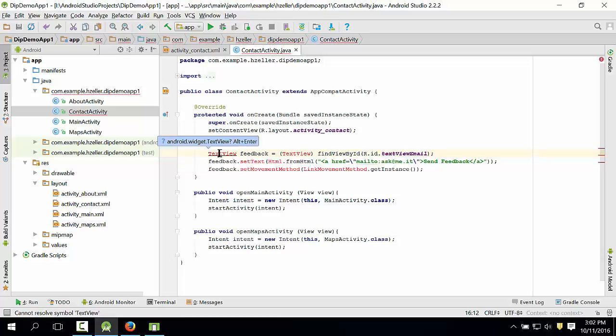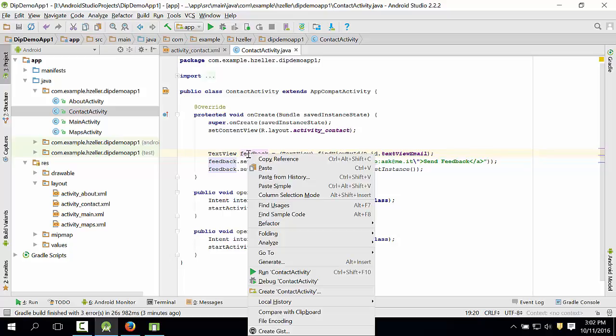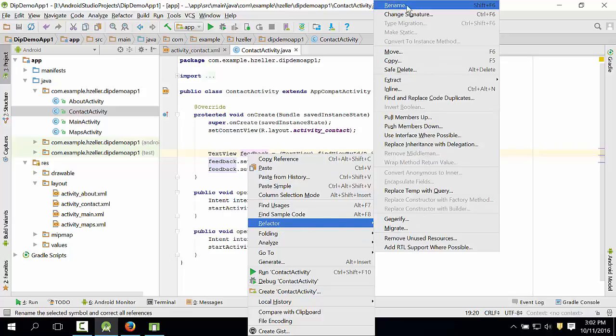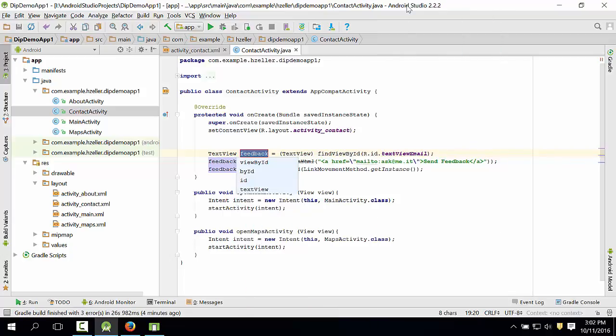These need to be imported as libraries, so we do Alt Enter, and same with HTML, and same with link movement method. If you want to change the name of the variable, the text view variable, ours I'm going to call email, so I want all 3 instances of this variable to be changed at once. So right click, go to refactor and rename, or you can press Shift F6 and then type in the new name. I'm going to call it email,